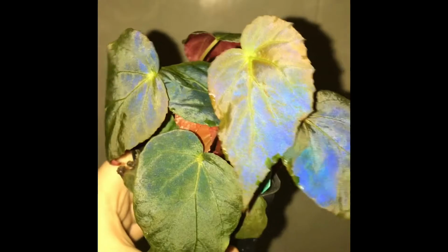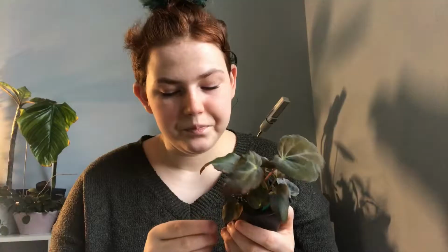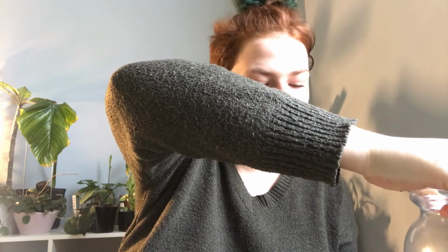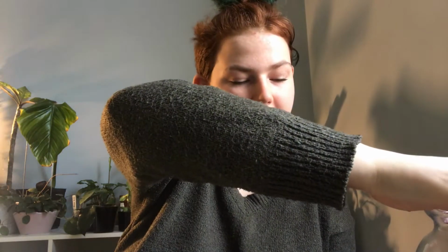So, the first lovely plant is my Begonia pavilloniana. It turns blue in the right light conditions. Maybe I can see if I can, I'll insert a video of it doing that. So yeah, this is my Begonia pavilloniana. Looking lovely. I'm just putting her cloche back over her because I have one out and one in my little